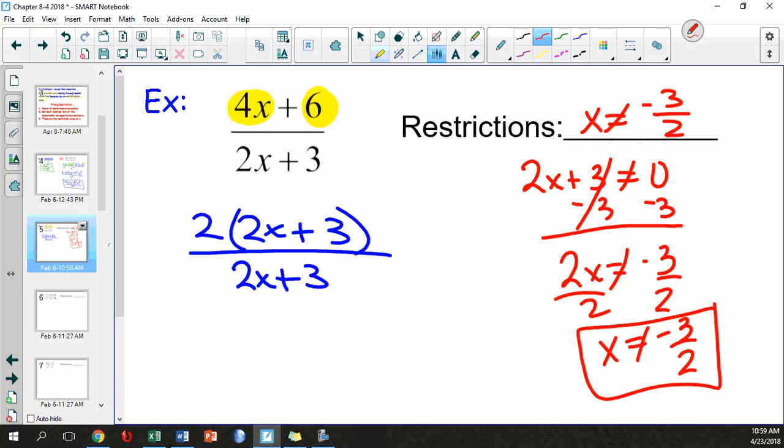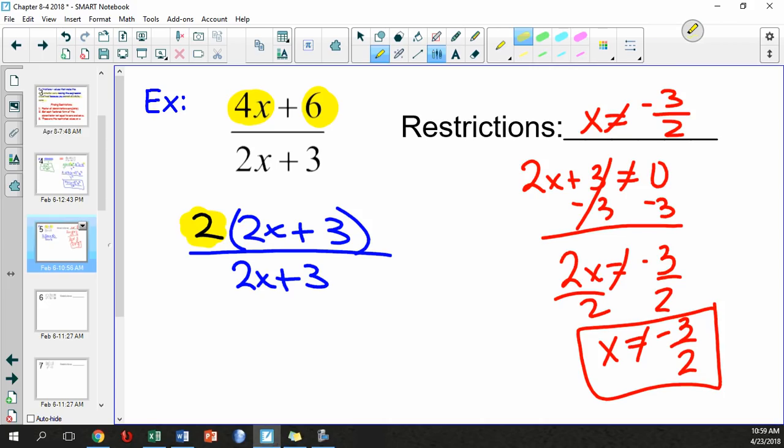Okay, so we're done with step number 4. Then step number 5 says to do what? Cancel out anything that is exactly the same in both the numerator and the denominator. From which direction, y'all? That's extremely important. So we are going to go from left to right, and I'm going to say, do I have,